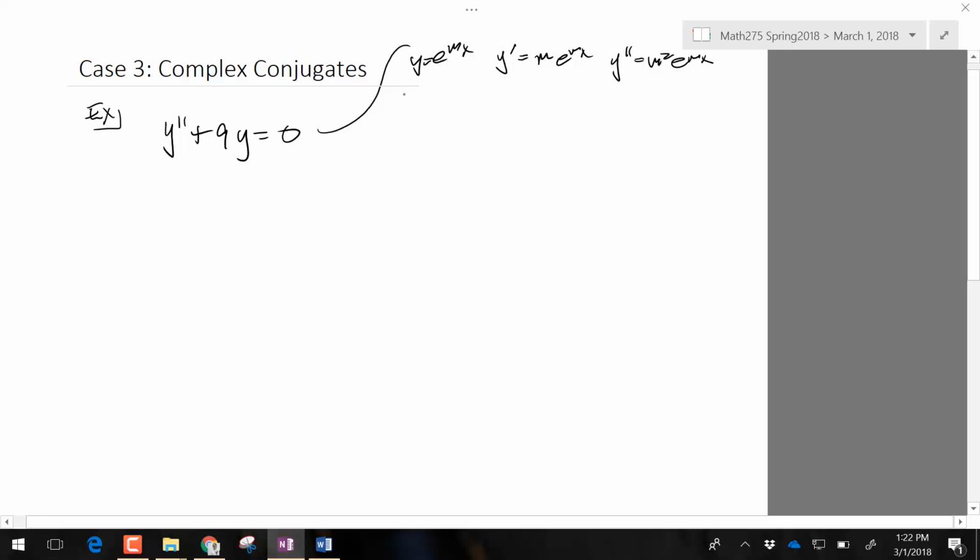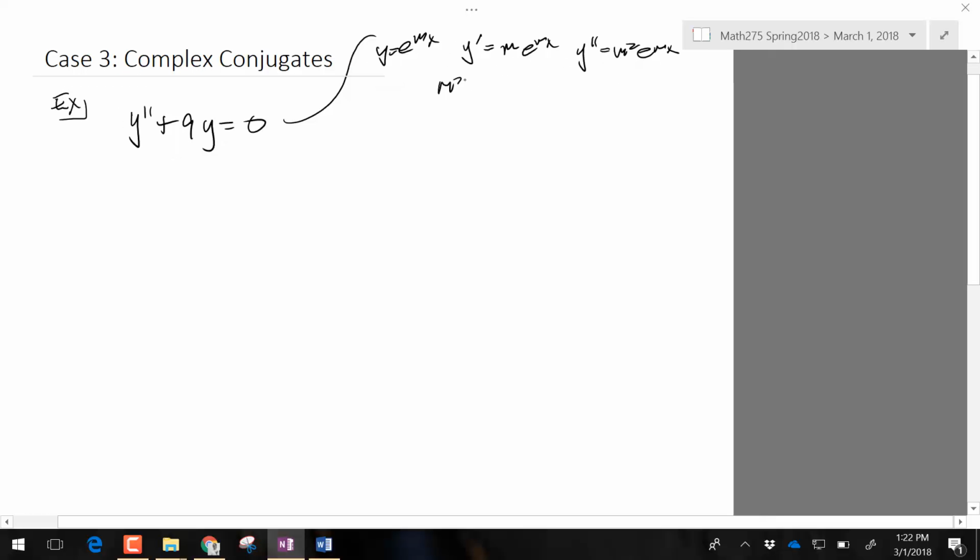And then we'll put that in. We got m squared e to the mx plus 9. There's no prime here, so we don't need to worry about that. We factor out, and what we're left with is m squared plus 9. And if we set that equal to 0,